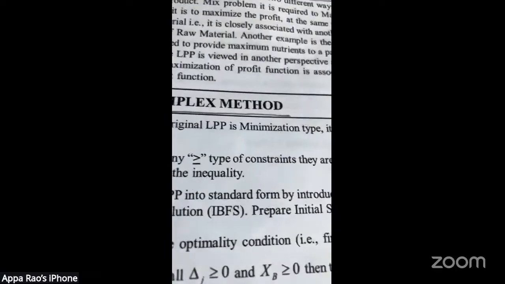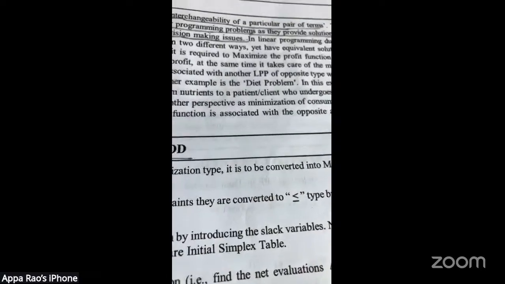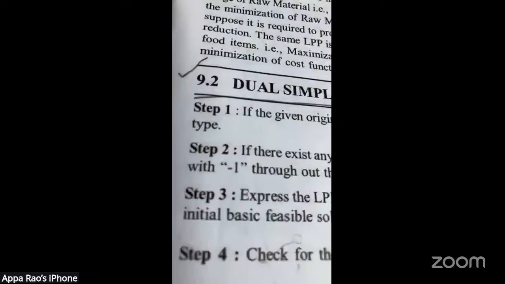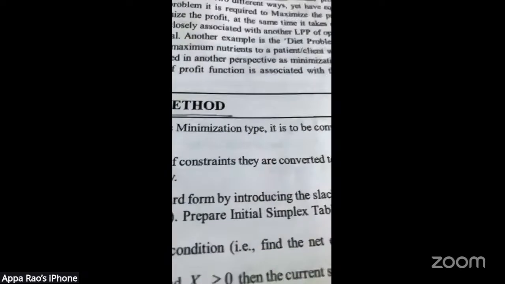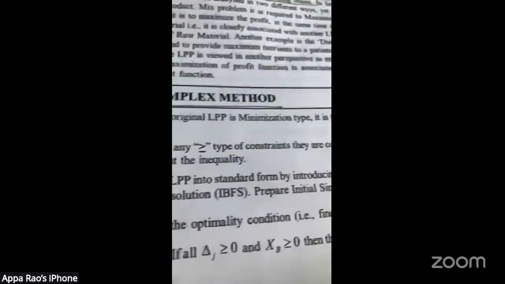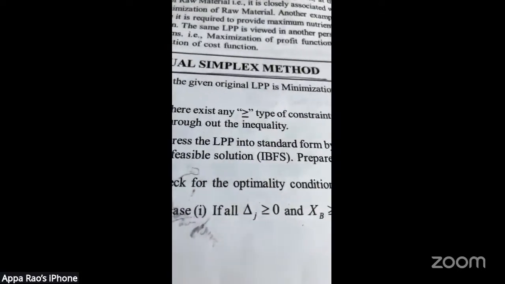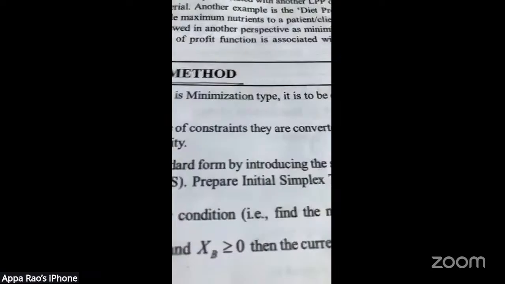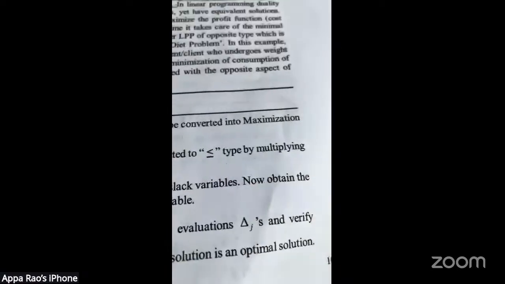Step 3: express the LPP in standard form by introducing the slack variables. Now obtain the initial basic feasible solution, IBFS, and prepare the initial simplex table. Step 4: check for the optimality condition. Compute the net evaluations delta j's